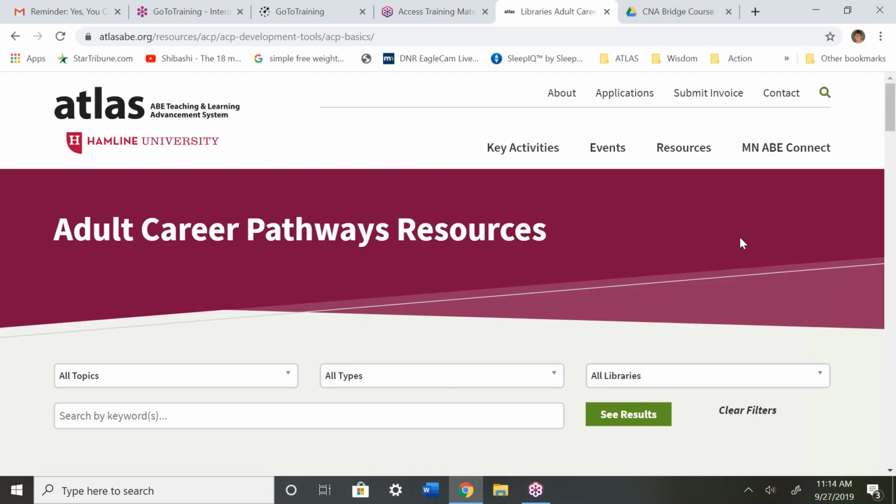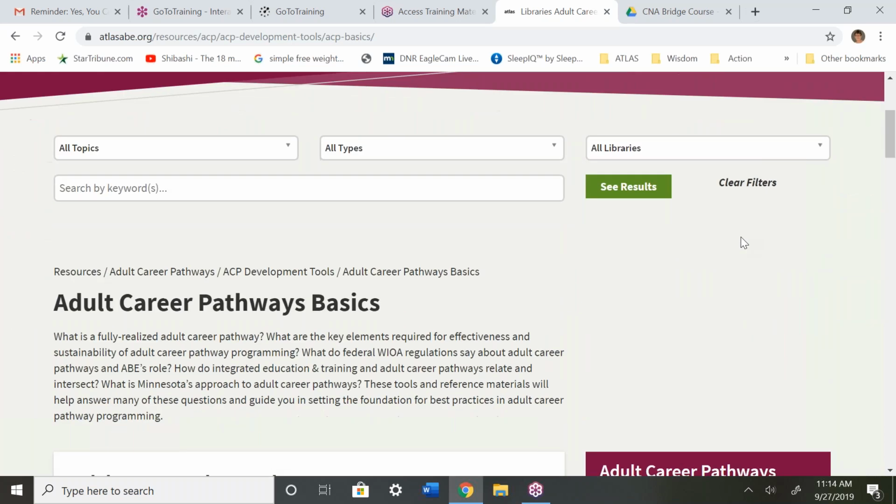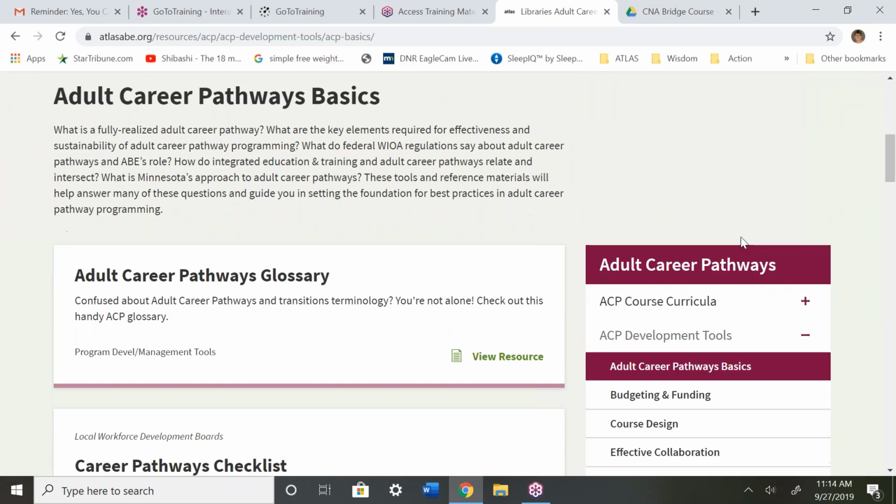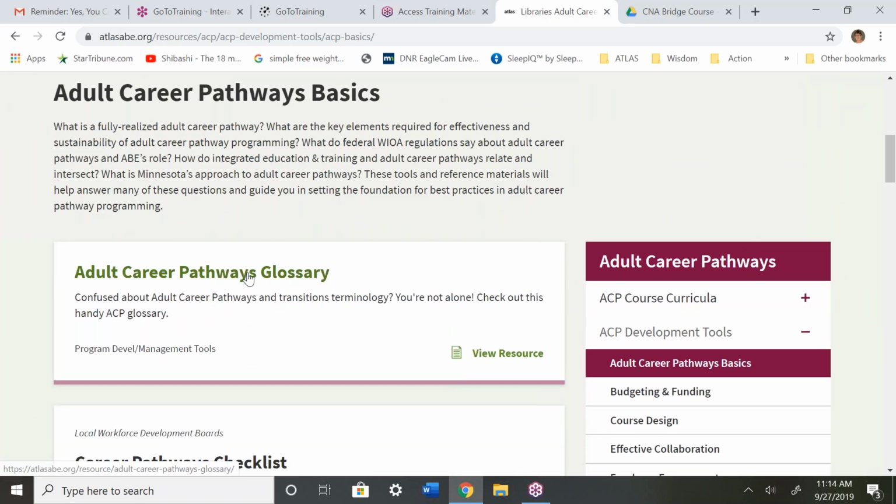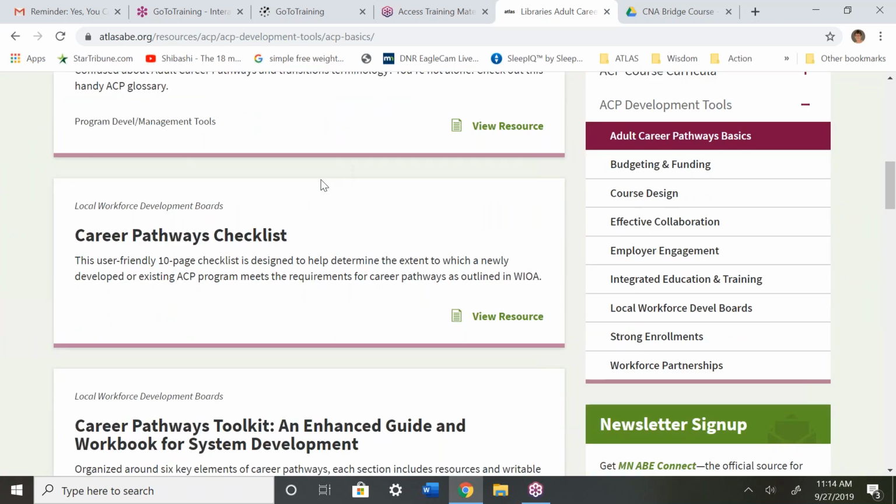And Heather wanted to be sure that you saw this Adult Career Pathways glossary, so that's under the basics. And then a Career Pathways checklist. And this is where we started in the cohorts, and everybody really found it useful.